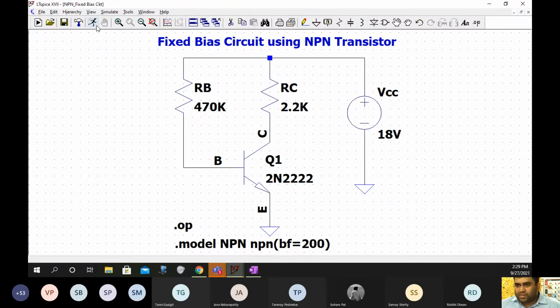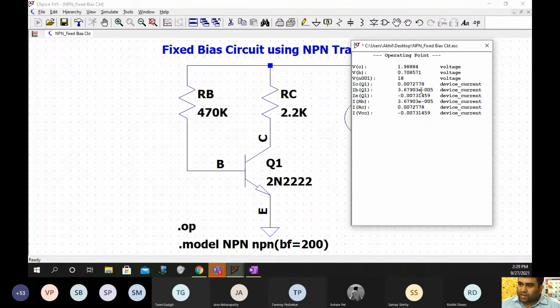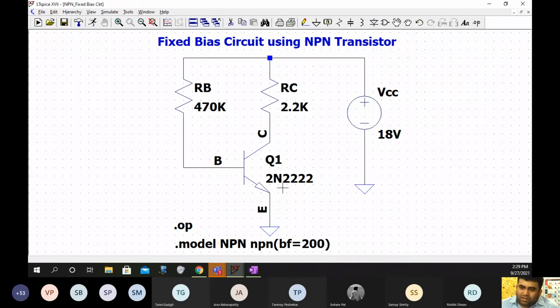And once I simulate this, you can see now my outputs will be even closer. Okay, so these are pretty accurate outputs. So it's up to you how you want to look at it. You can choose a transistor with nothing, or you can choose a transistor with a beta factor of 200.